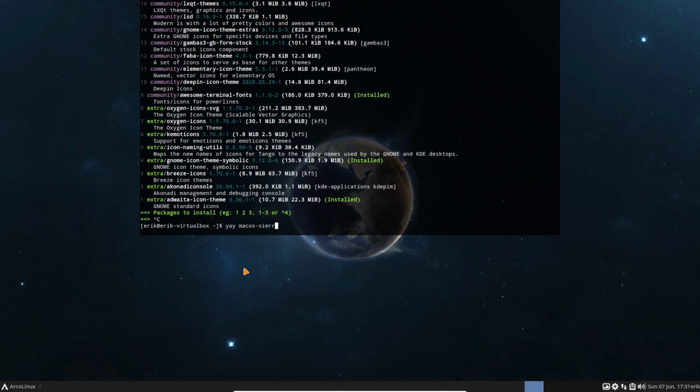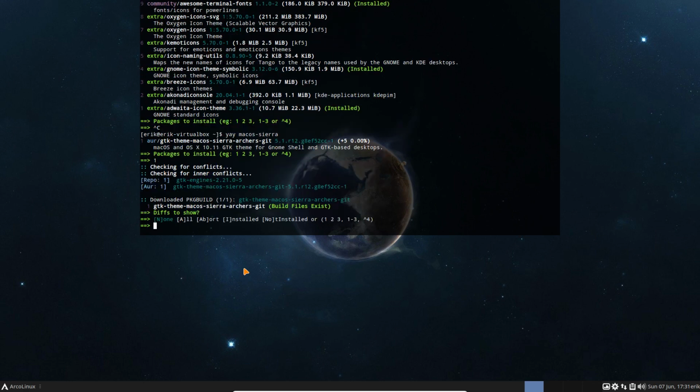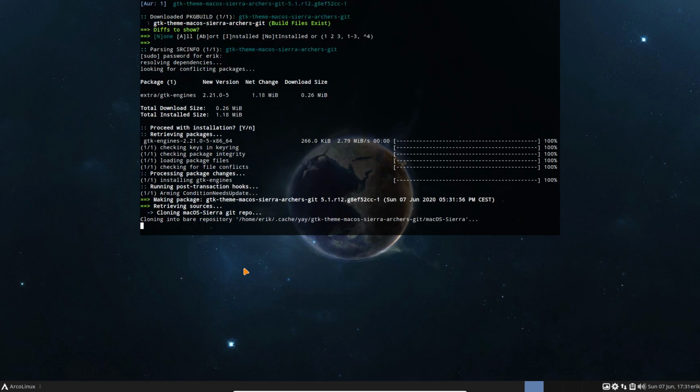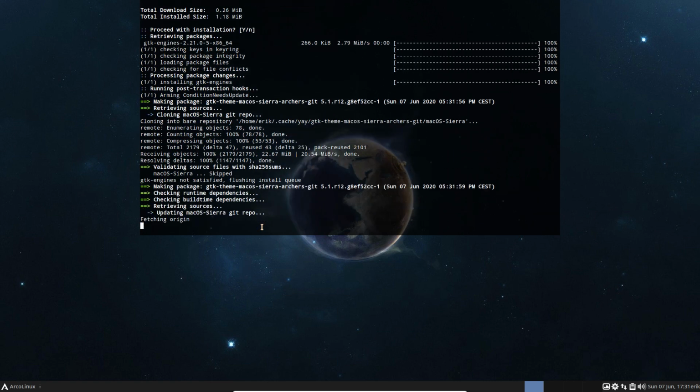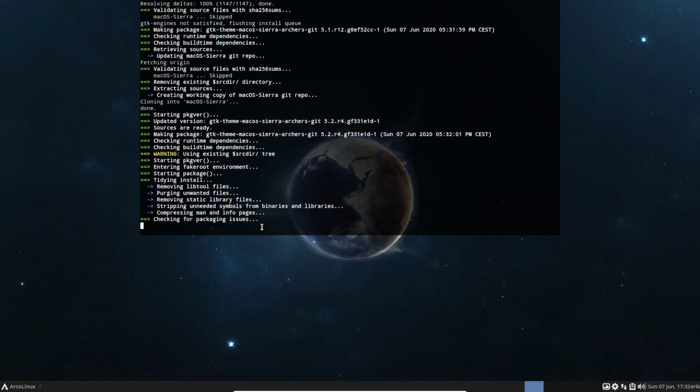gtk-macos-sierra. Let's install it together and see if we like it. That's the point of the video. You don't need to install it without looking first. I install it, take a look at it, and if you like it, you install it. In the meantime, we play a little bit with our system